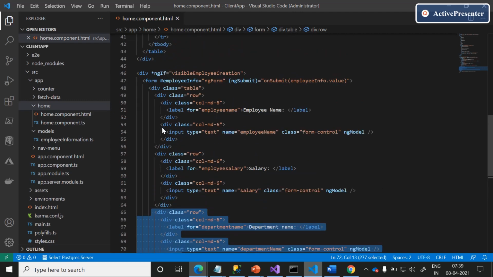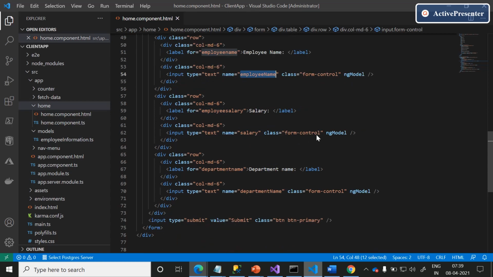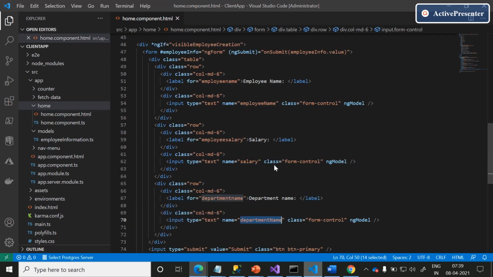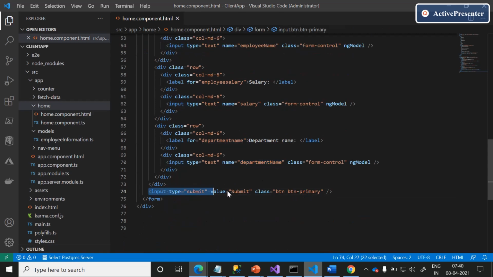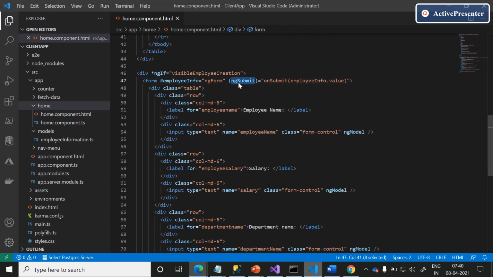The prerequisite is that each input parameter must have a name and be decorated with ngModel. ngModel will hold the DOM updated value into this employee name. The same way, the salary will hold the employee salary information. Department name will hold the employee department name information. The input type is submit. Once we click on the submit button, then this event binding will take the responsibility of submitting to